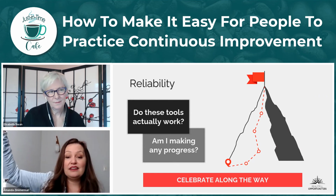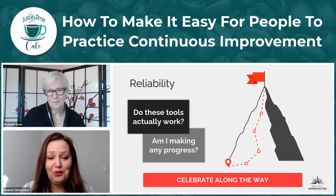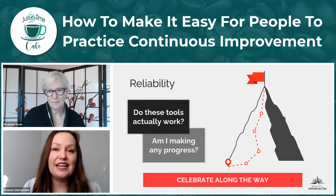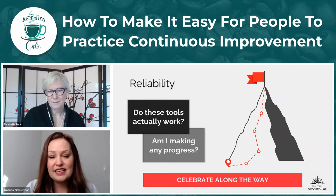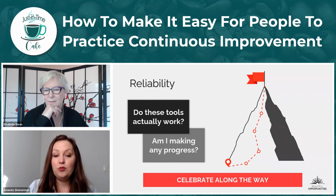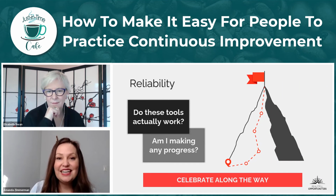I see the peak. I see the end of the hike. I see where we wanted to go. But we're not going to get to the peak in this one project. We're going to make progress that sparks momentum, that gets us to that next checkpoint, that gets us through that next day. So if you're a CI person and you feel like you're not making progress, I want to make sure you're creating these moments for the team to celebrate. Because in their words and in their pride of what they've done,